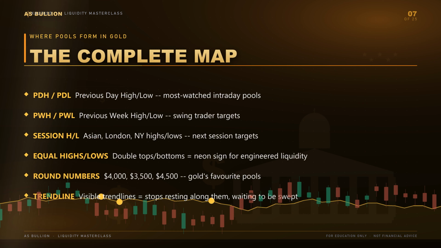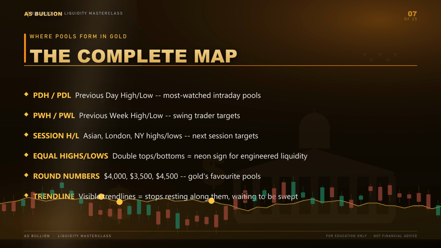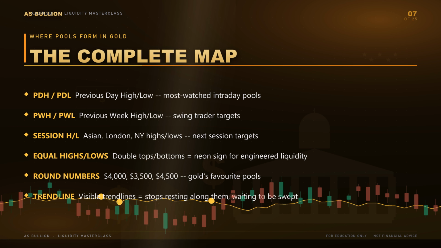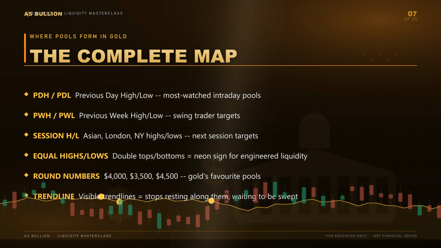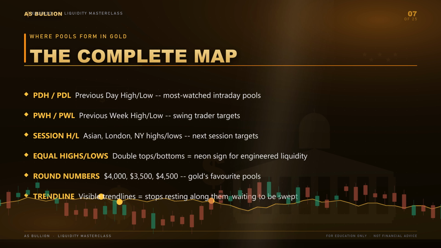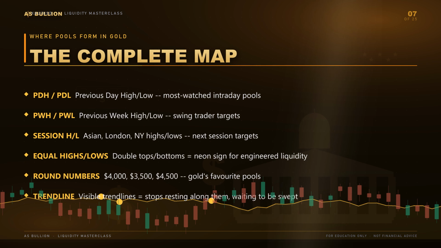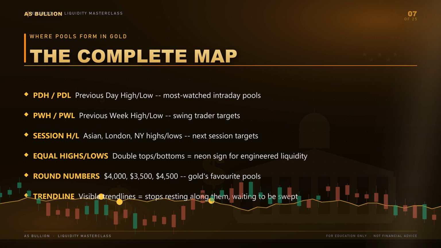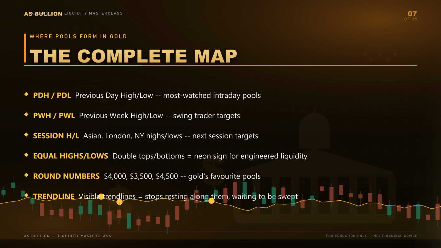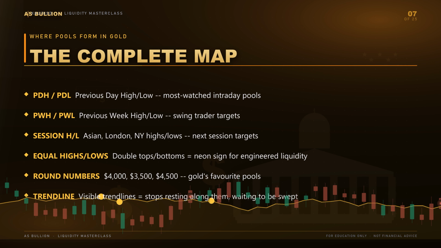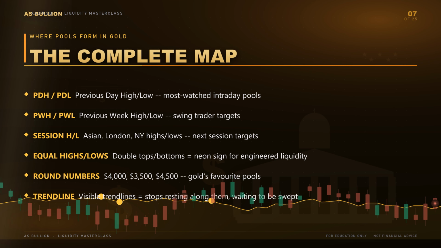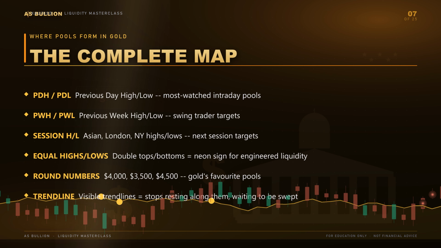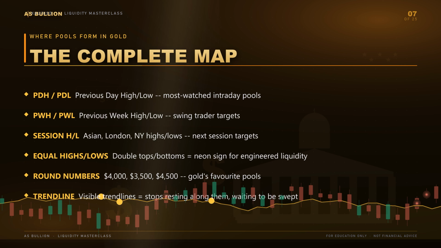Part 2. Liquidity pools. Buy-side versus sell-side liquidity. Every pool is either buy-side or sell-side, defined by the type of order resting there. This is the single most important classification in the whole subject. Buy-side liquidity rests above price, above swing highs, above equal highs, above the session or day high. It is made of buy stops from short stop losses and breakout buyers. When price rises into it, those orders fire as market buys, fueling a spike up that is often the end